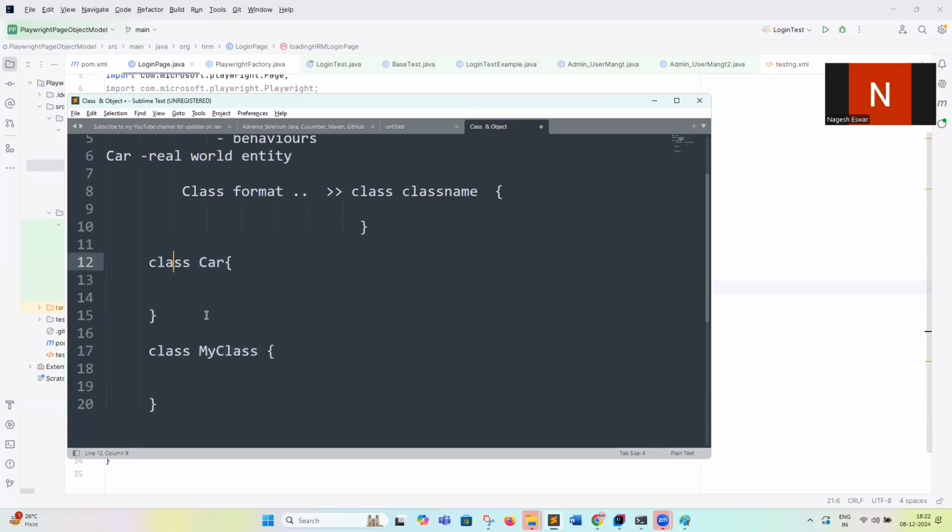If it is a test class, you are doing some test activity; addition class, addition activity. Whatever thing you can do,